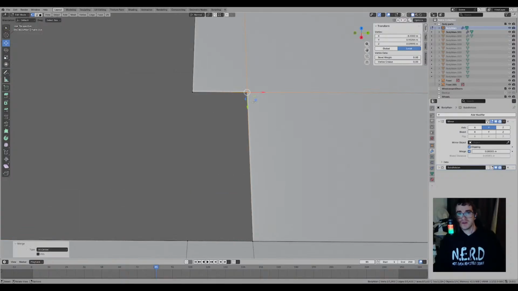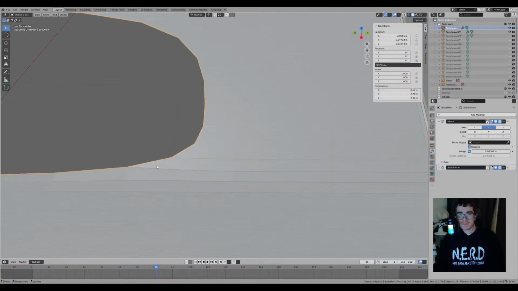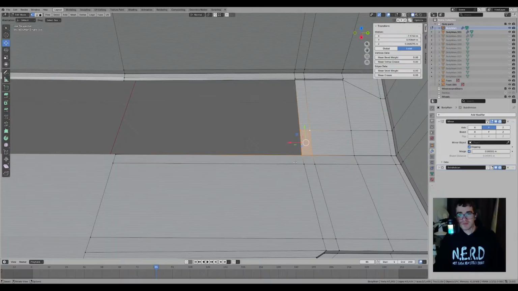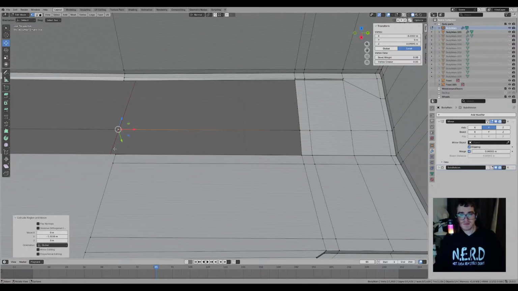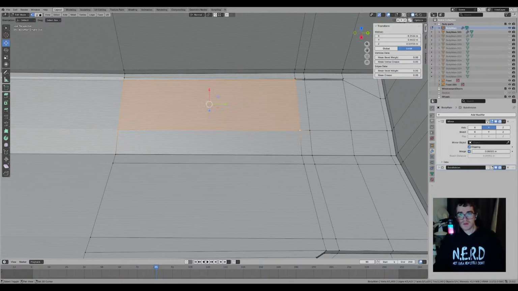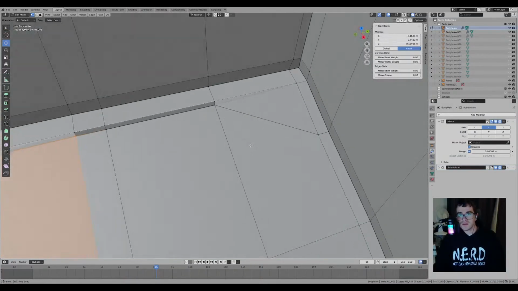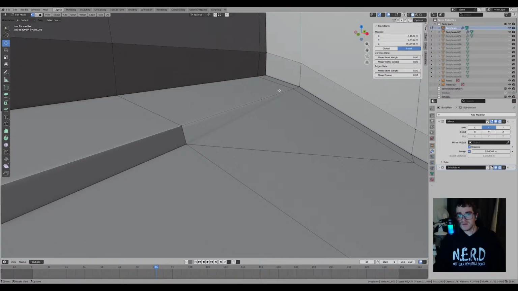We'll merge those two vertices together. Do that. And that. There. And yeah, to be fair,